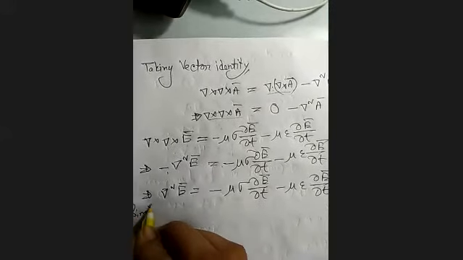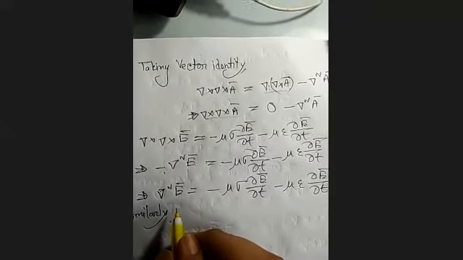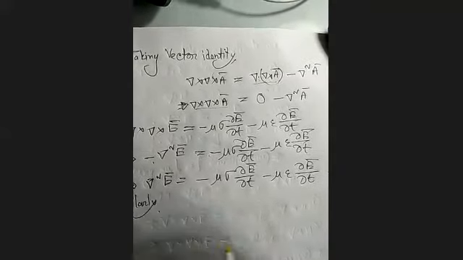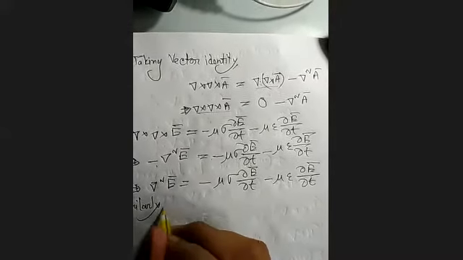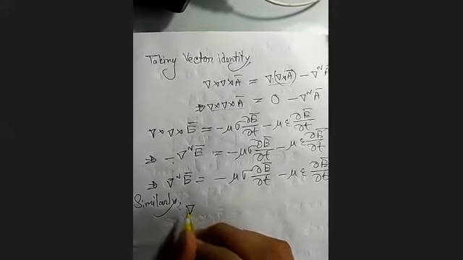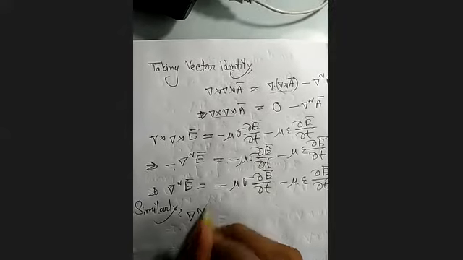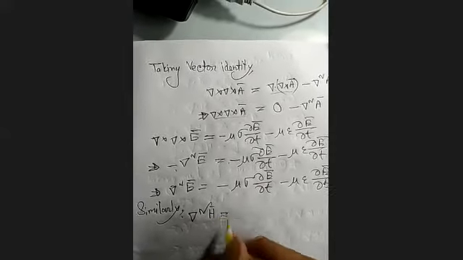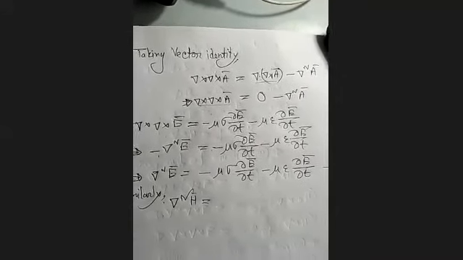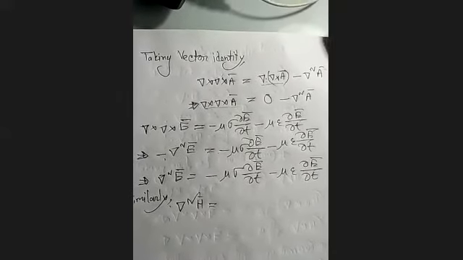Now I can write here similarly. Instead of E, we should apply here curl. Instead of E, we will write now equation 6. What will be the changes? Can anyone say this? What will be the changes if I try to apply the same identity to equation 6? Instead of E, we will write here A.